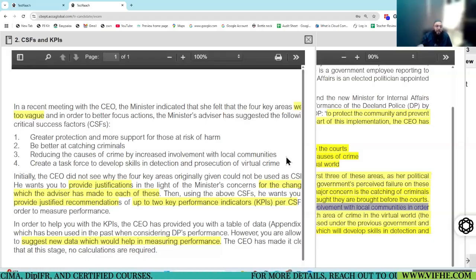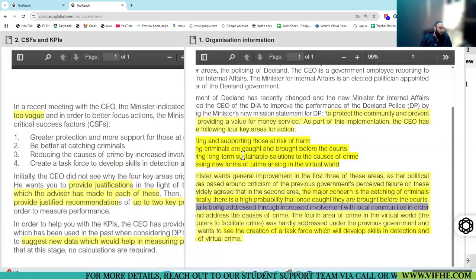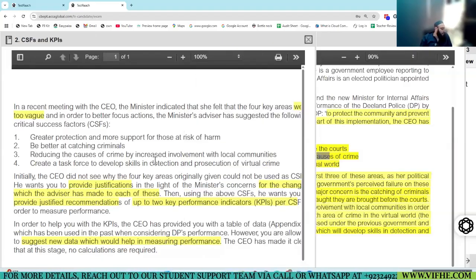As involvement in communities is required, this will help to reduce the cause of crime. The previous CSF was not considering it. The new one is considering it because this is what they want to address, highlight and do. Local community involvement is important.